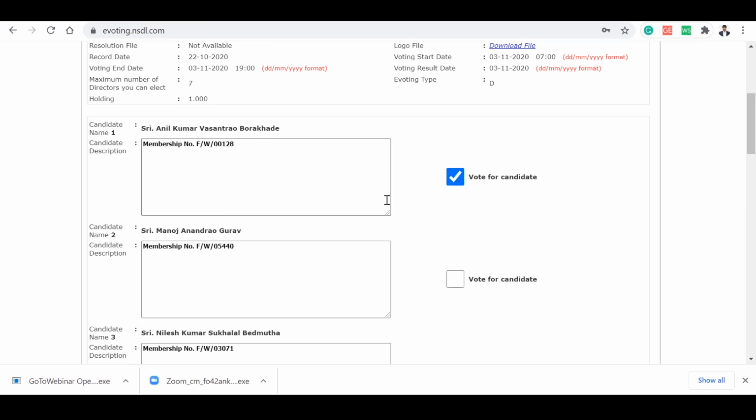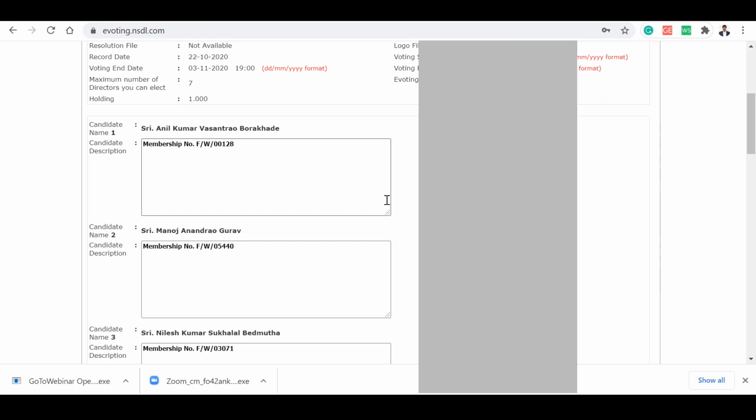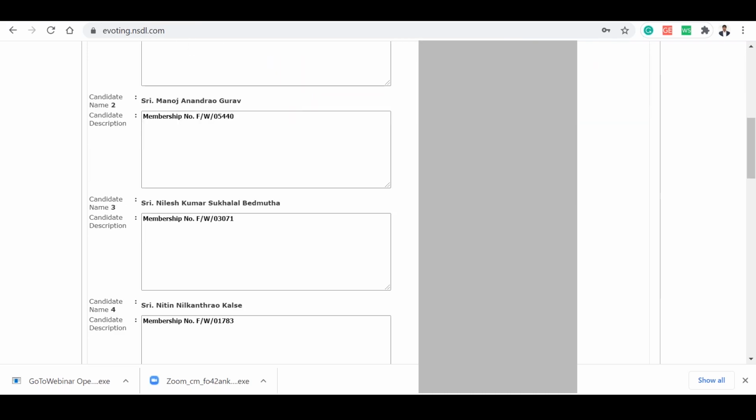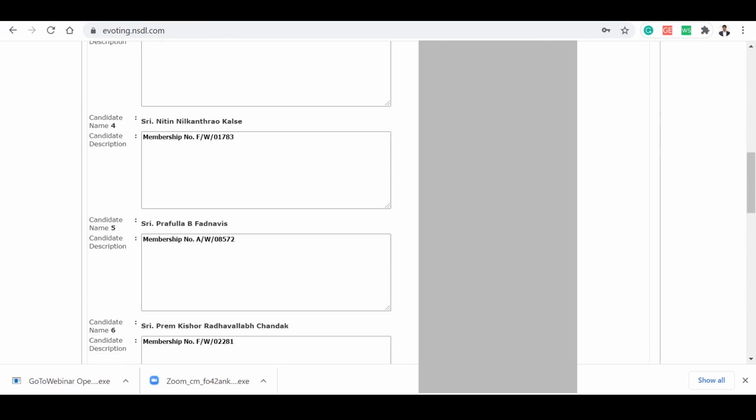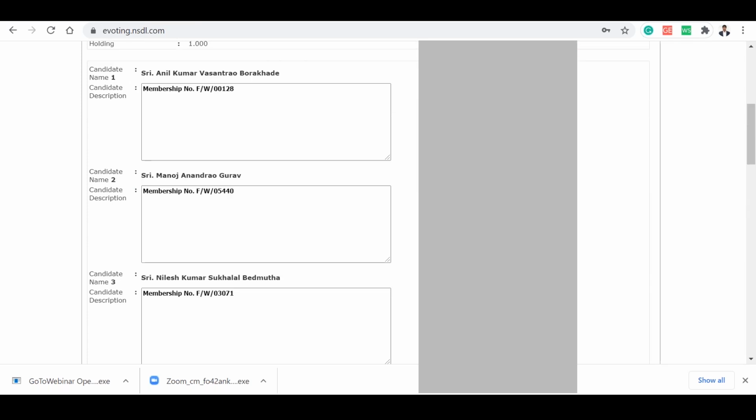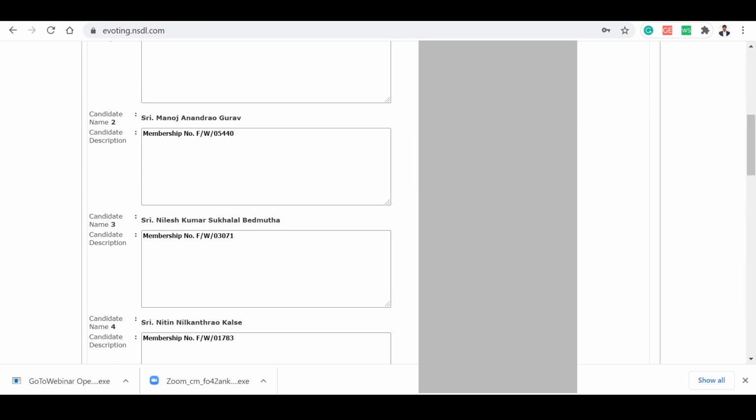In chapter, I have to select 7 candidates. So I am selecting 7 candidates. For demo purpose, I am selecting these candidates. You can choose your own candidate. 7 candidates I have taken.